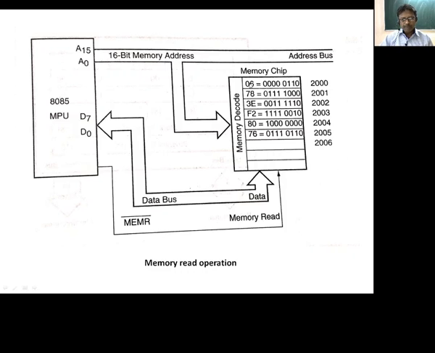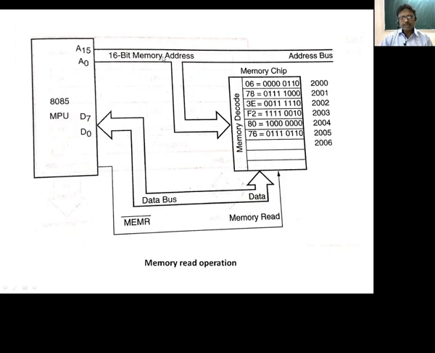The memory has many registers. If the memory size is 1 kilobyte, it means there are 1024 registers, and each register can store 8-bit information. So after receiving the address, it has to identify which register has to be worked. Now these registers can be used either for reading or for writing. That is why the memory requires a certain control signal from the processor. So the processor will send the memory read signal, in the form of a control signal, to the memory chip.